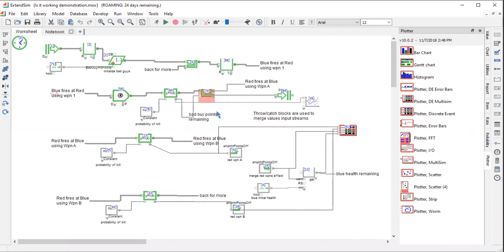Well, we think that if we have some bad guy points remaining, then we should keep on firing. If no bad guy points are remaining, then we want the item to just exit the model. So the first cut at testing those select outs is to make sure that when you run the model, you're going to be able to see throughput to both of the pathways. So we don't want either of the pathways here to be permanently blocked inside the model,